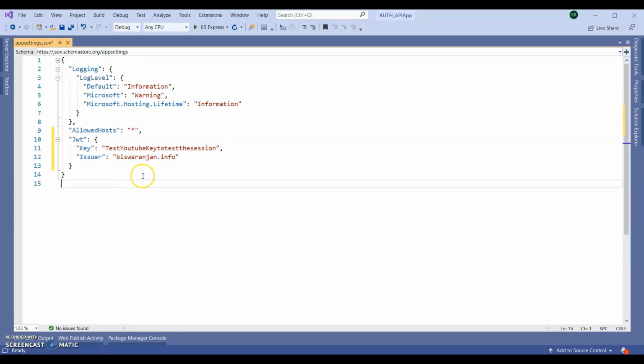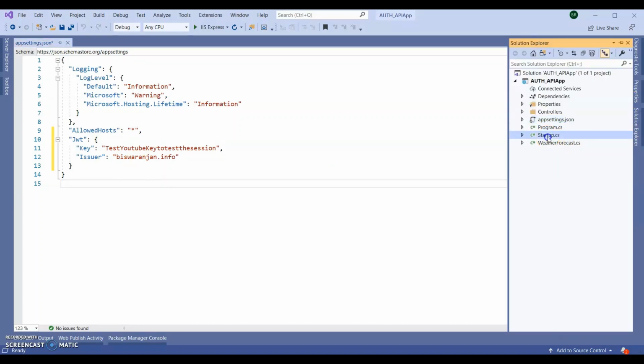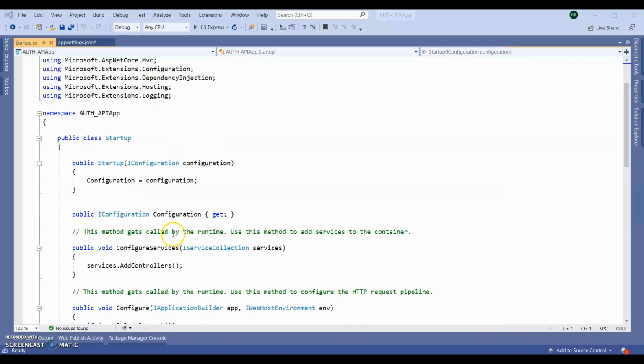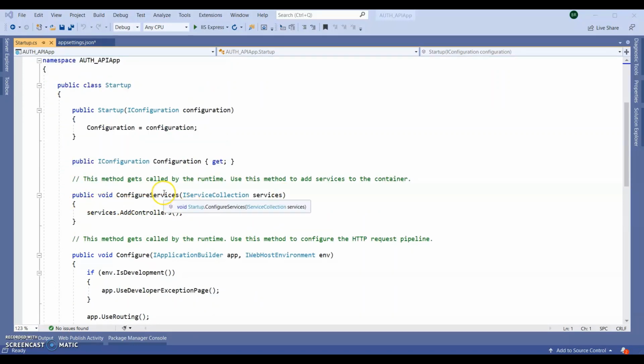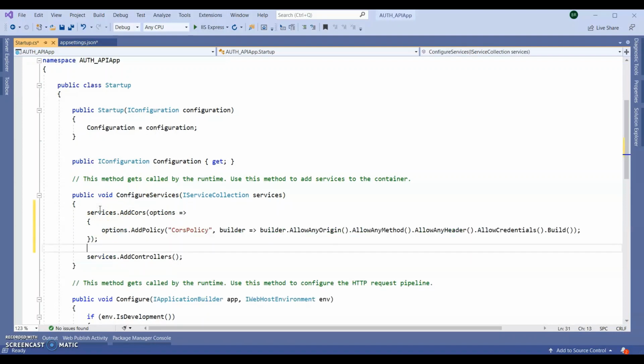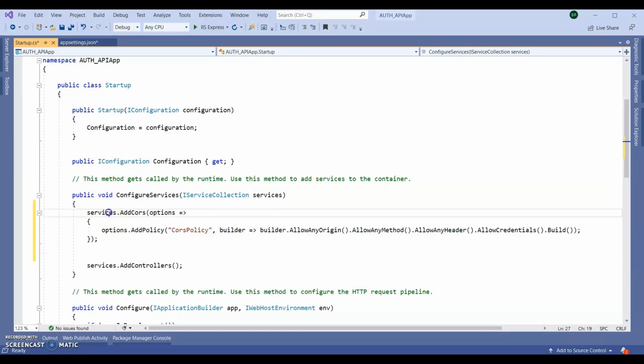Okay. Next, go to our Startup.cs file. In the ConfigureServices section, we need to add like this: services.AddCors, then CorsPolicy, AllowAnyOrigin, AllowAnyMethod, AllowAnyHeader, and AllowCredentials. Okay.